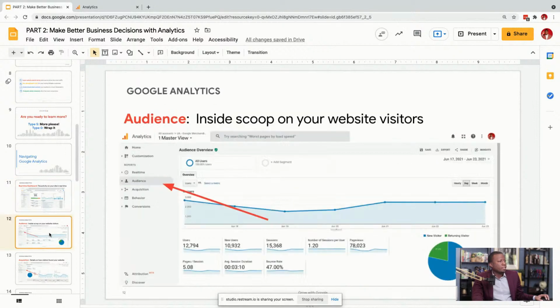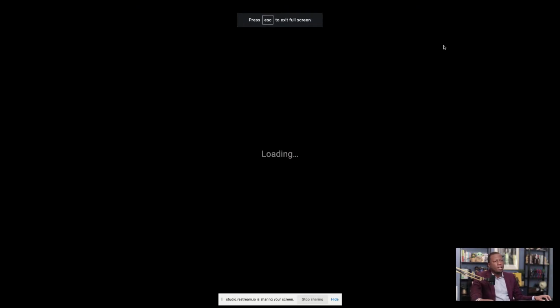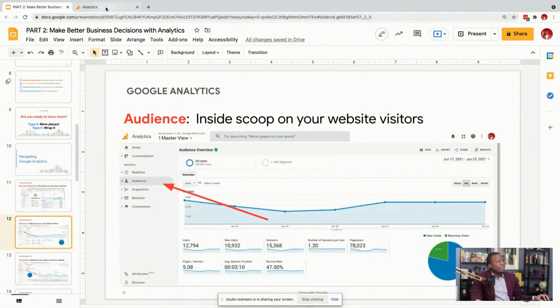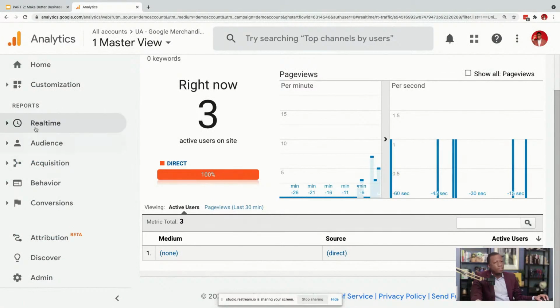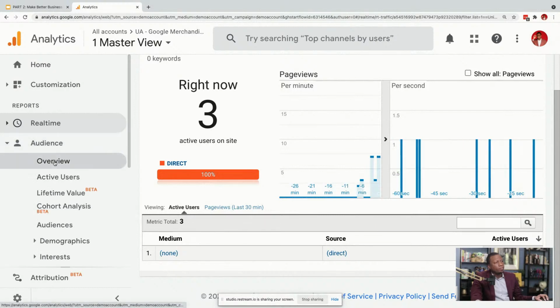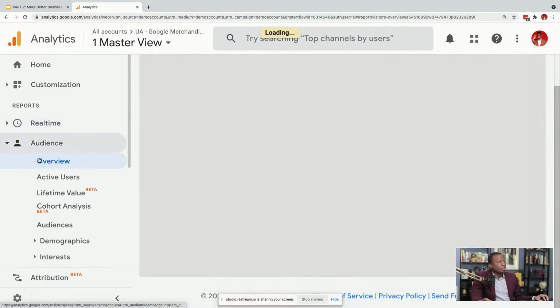Okay. The next one we're going to talk about is audience. And audience is so important because getting an understanding of what your audience is doing when they're on your website is so key. Once again, understanding what they're doing is so key to having a good website. So getting an understanding of the users and what they're doing. Let's go back to analytics and let me show you that. Once again, left-hand tab here, if you click on audience, it will drop down and you want to click on the audience overview and it'll pull it up.